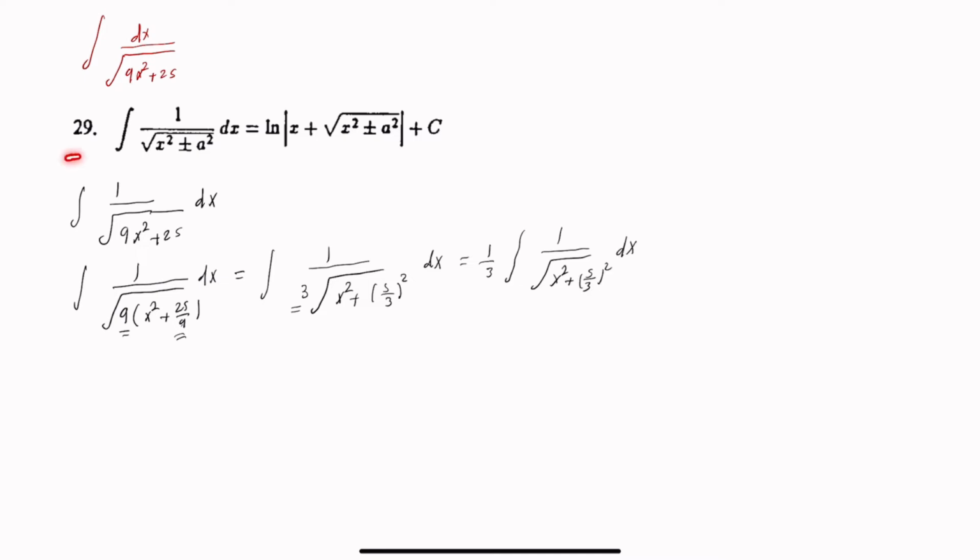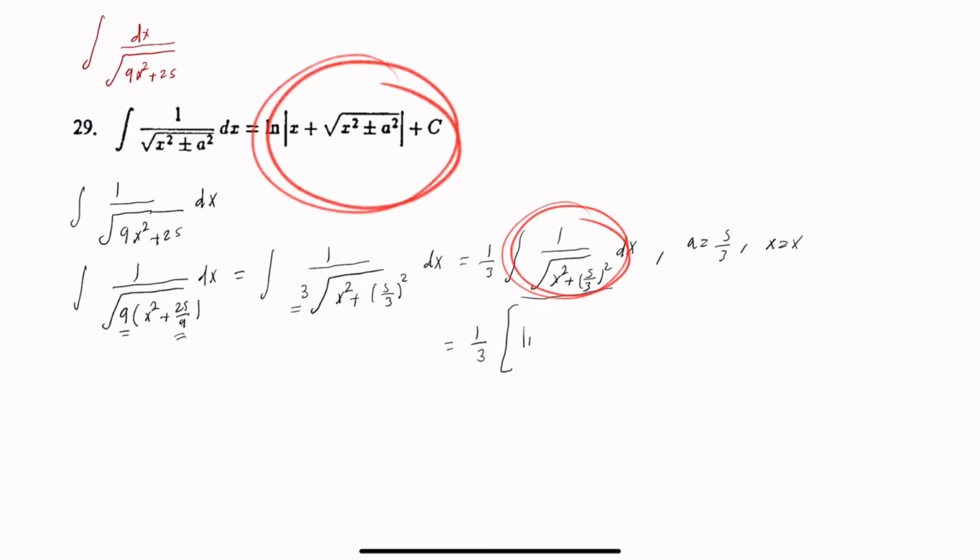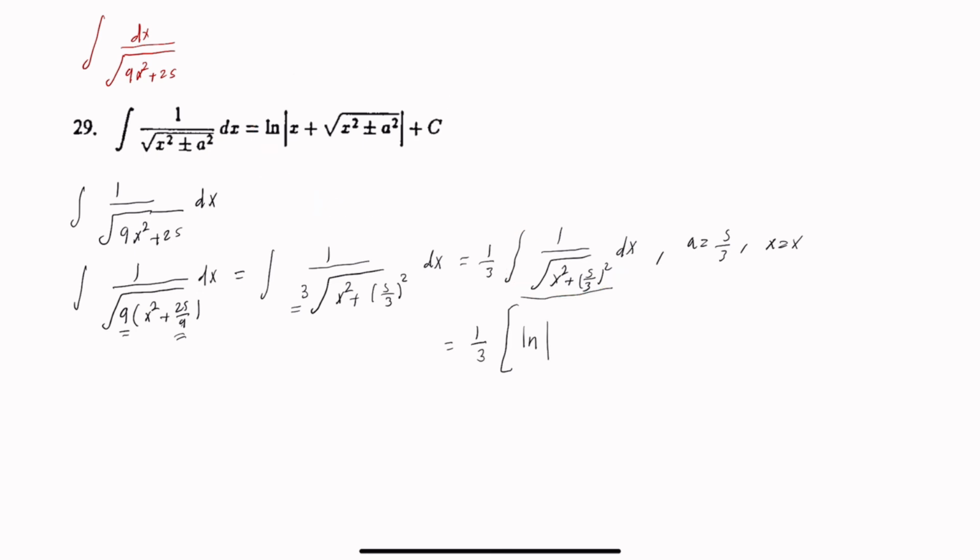Now, to be able to use number 29, I have to know what a is and what x is. So here, x is going to be the same, and a is going to be equal to 5 over 3. Therefore, we can apply this rule to find the antiderivative. It's going to be 1 over 3, and then the antiderivative of this one here, which is going to be equal to the natural log of the absolute value of x, plus the square root of x squared